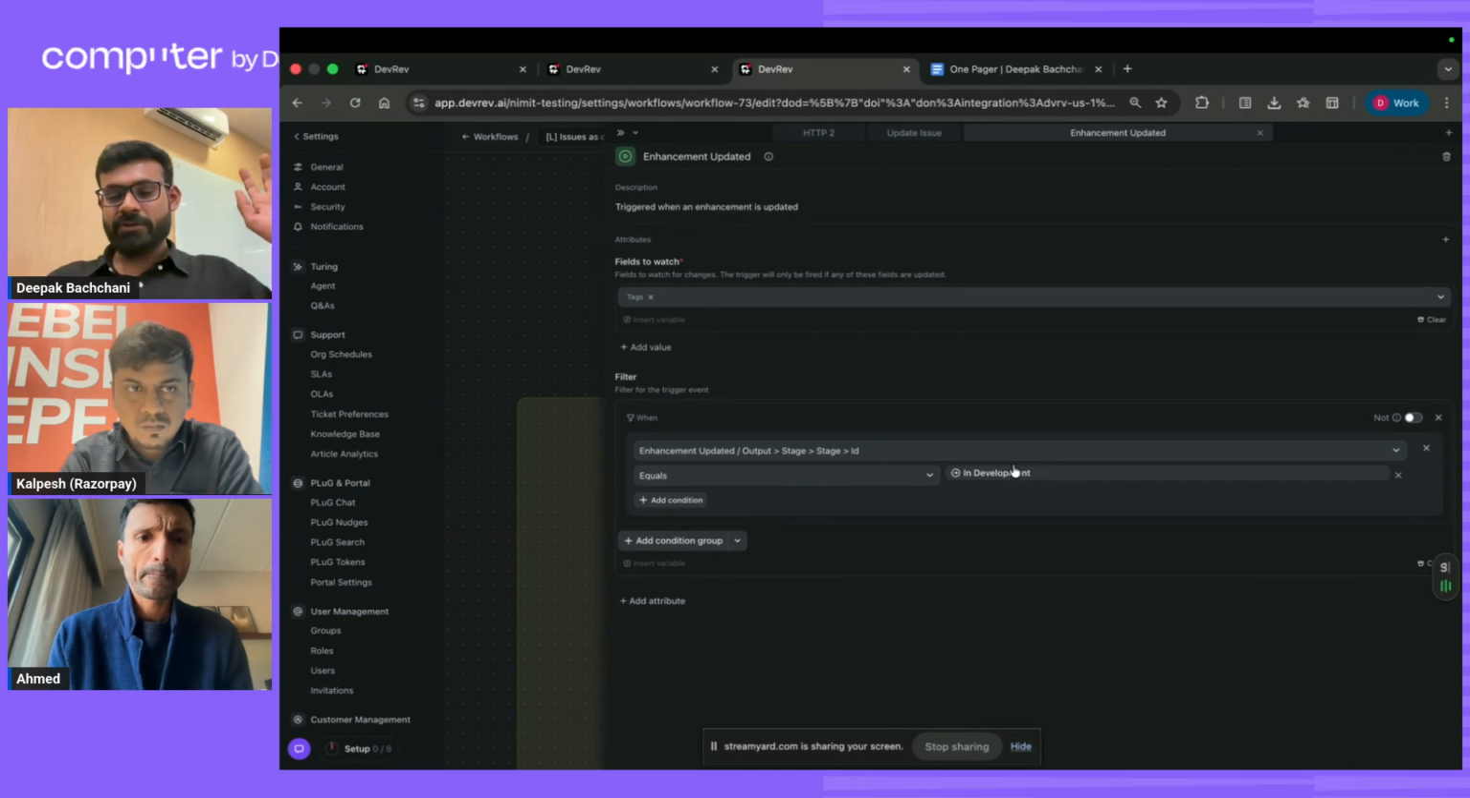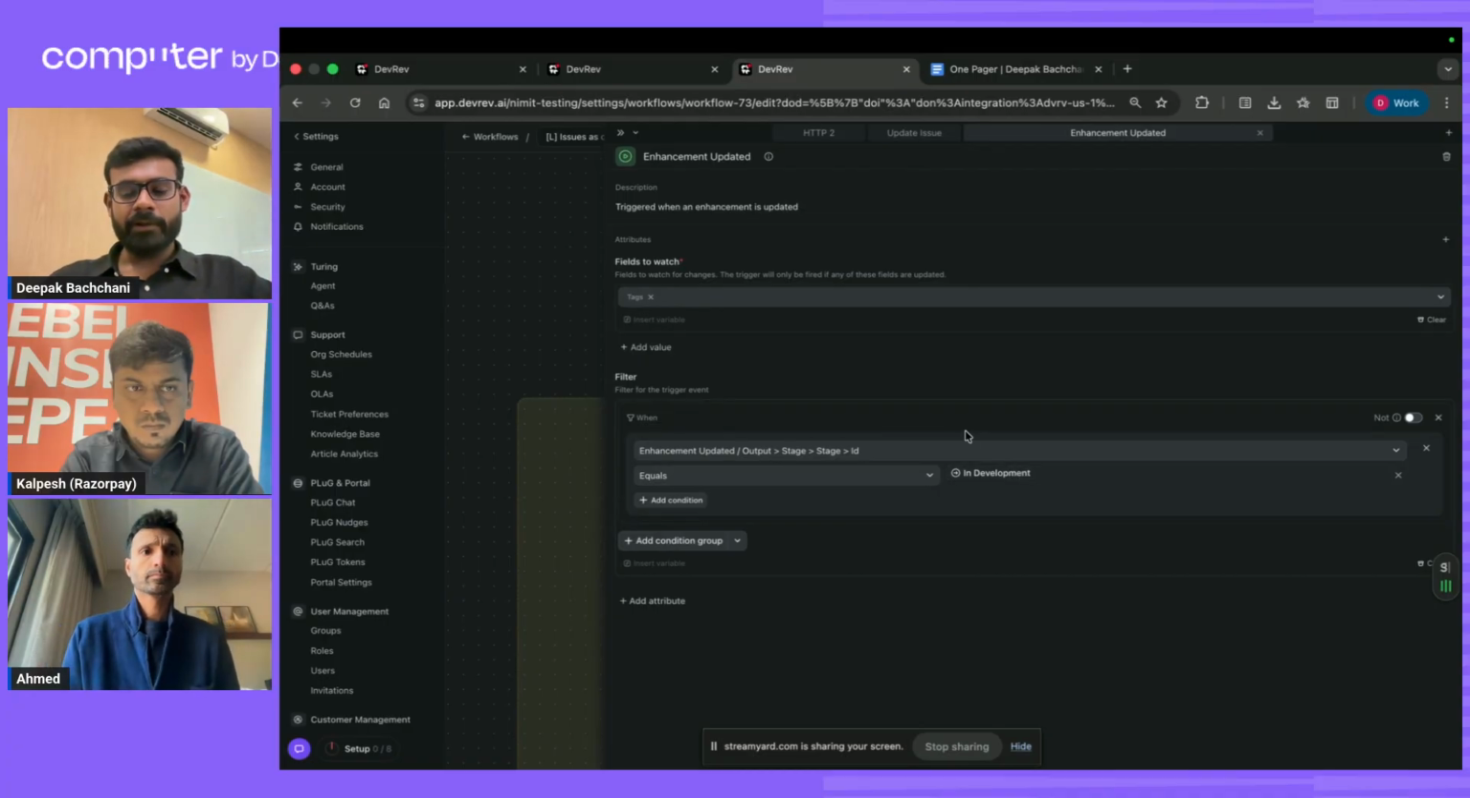So out of the 1,000 changes that an enhancement might be going through, and the meaningful are only 20 for you, you essentially only get 20 here in the runs. So that's one of the beautiful things about the trigger filters here. Yeah, and I think I'll add that